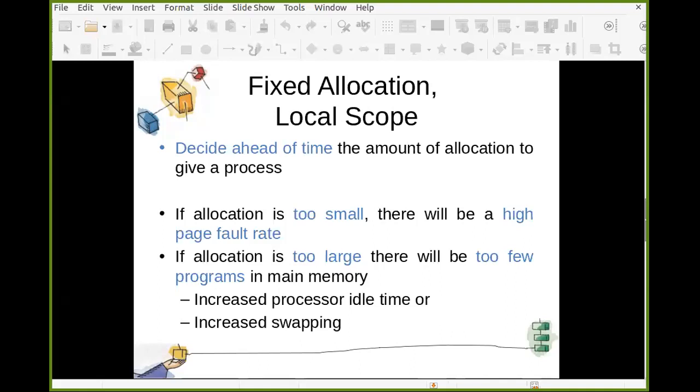And if you have too few programs in main memory, the problem is increased processor idle time or increased swapping, because it is possible that all of the processes in main memory are blocked and you need to do swapping very frequently, which will waste processor time.